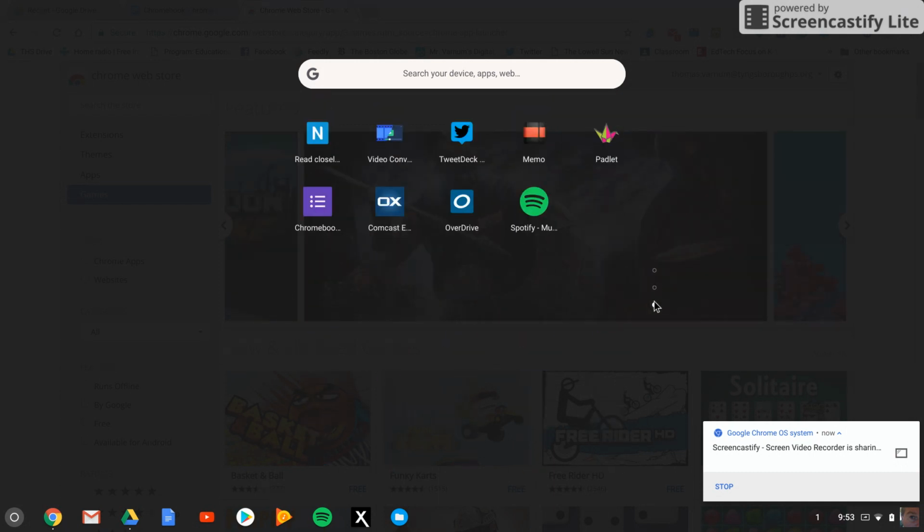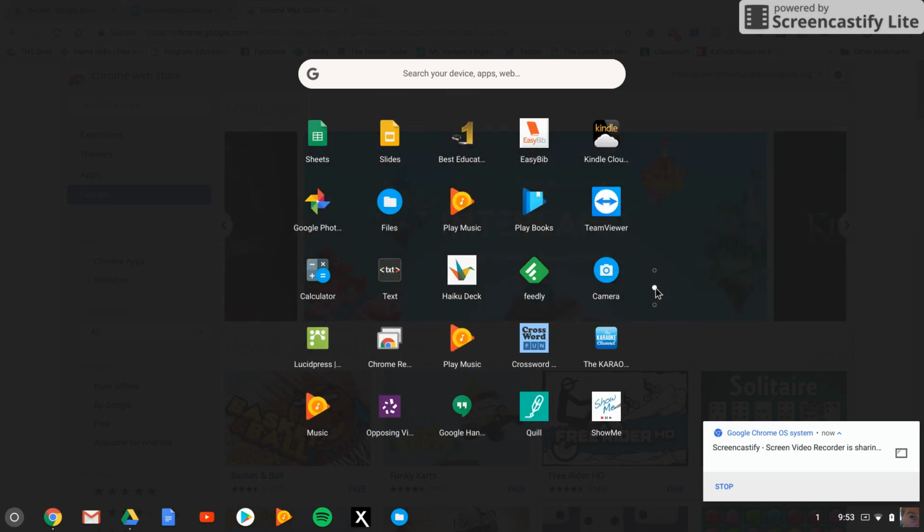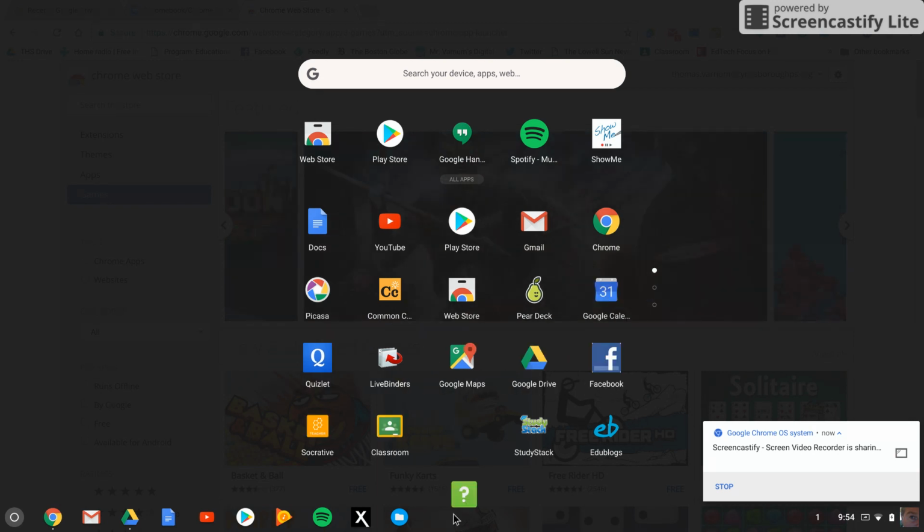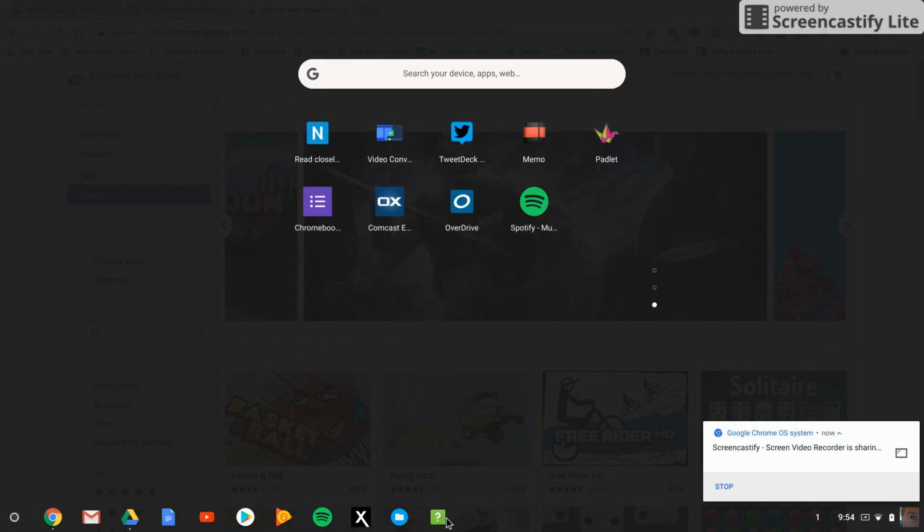Now, let's say you have a particular app that you use a lot, and you want to pin it to the tray, which makes it more quickly accessible. Because we're going to have a lot of questions, we're going to need the Get Help app. All you do is go to the app page, click on the icon, drag it down to the tray,